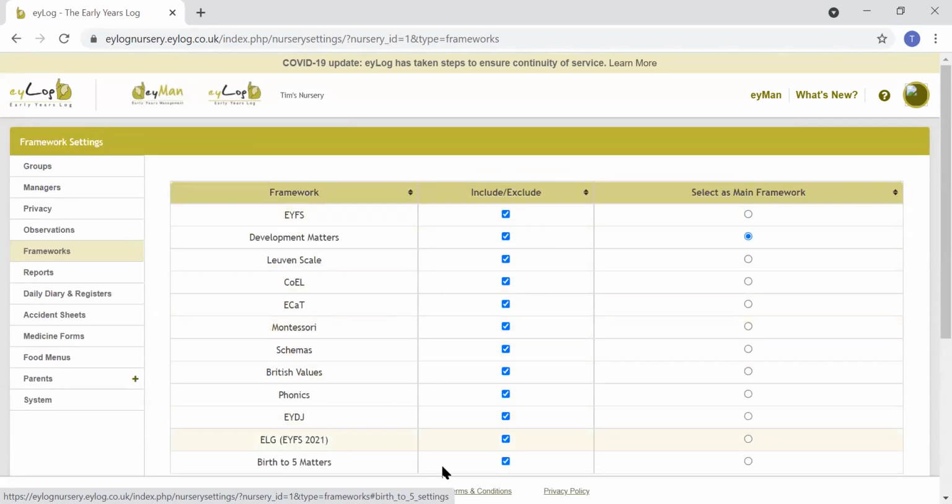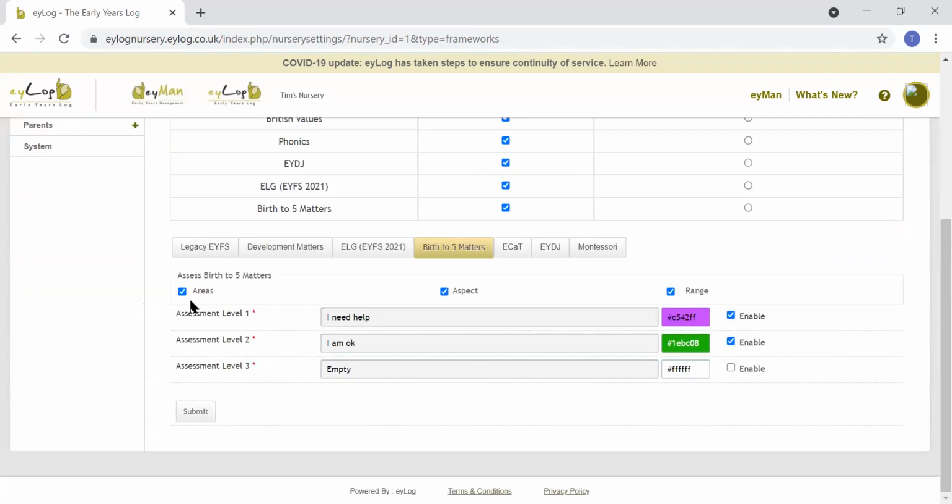Any changes you make to either this framework grid or the customizations with any of the frameworks, don't forget to click the Submit button in the bottom left-hand corner to save those changes to the system. Now, once you've made the changes here on the web portal, you do need to update your EYLog tablets. So if we simply swap from my PC screen share here to my tablet to share the screen of that view,